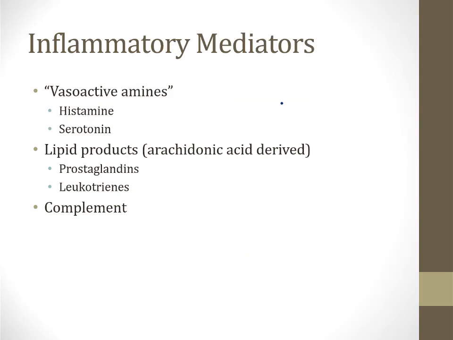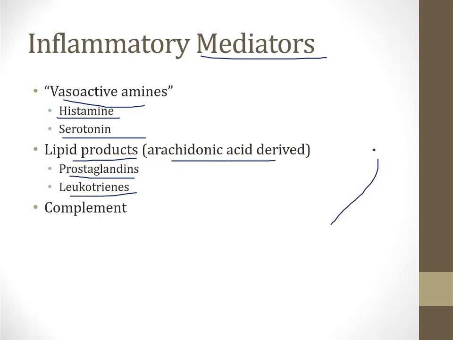be activated. Once acute inflammation begins, there are a number of so-called mediators of inflammation that are released by various cells, including macrophages and other cells, and these drive and sustain the entire acute inflammatory response. Some of these are the vasoactive amines. These are substances like histamine and serotonin. Other mediators are lipid products derived from arachidonic acid. These include things like prostaglandins and leukotrienes. And I talk about both vasoactive amines and lipid products in the video on inflammation principles. And then finally, complement is also an important inflammatory mediator, and I talk about that in the complement video in